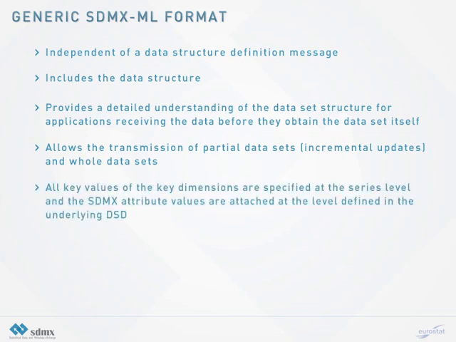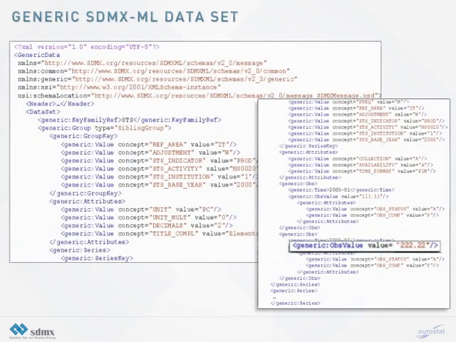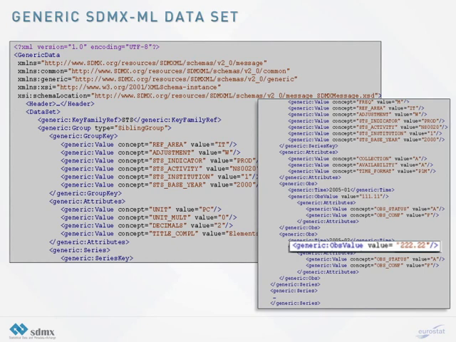All key values of the key dimensions are specified at the series level, and the SDMX attribute values are attached at a level defined in the underlying DSD. It does not provide for strict validation between the datasets and its structural definition. And it is not intended as a concise format to be used for large volumes of data. The data in generic format consist of 4 different levels in a nested arrangement. These levels, which are actually XML elements viewed from the outer to the inner, are: